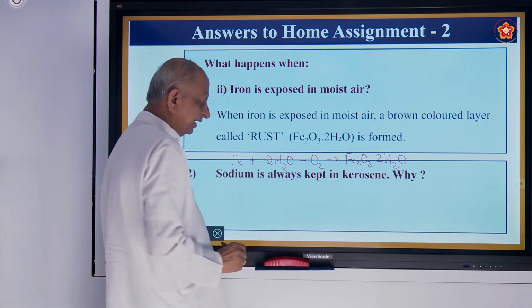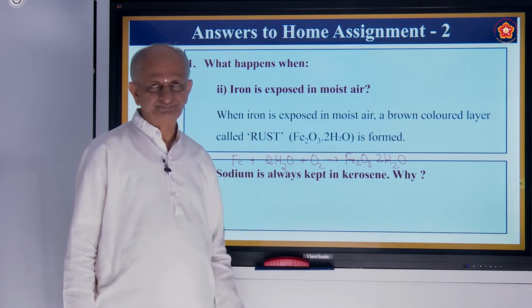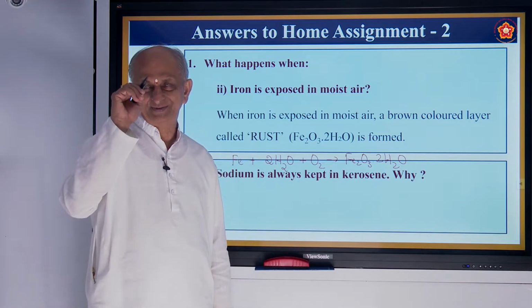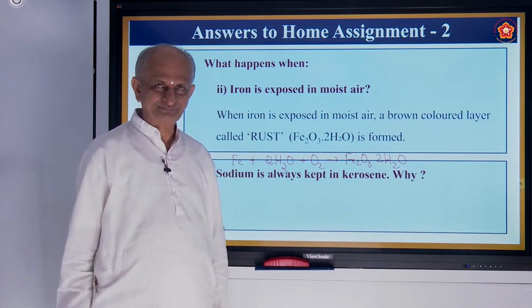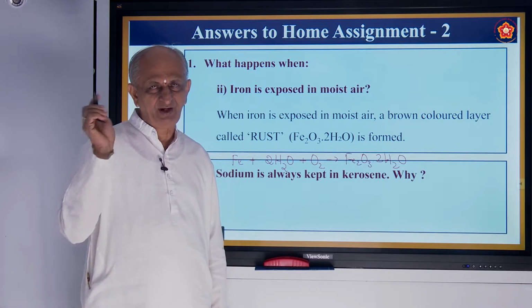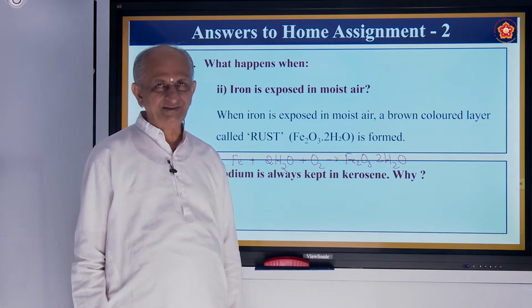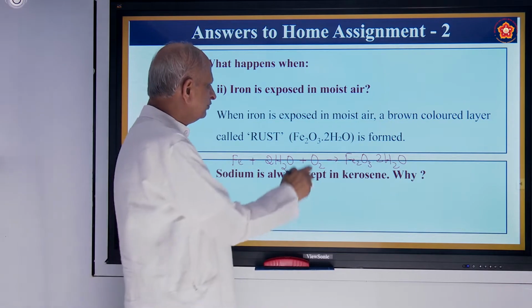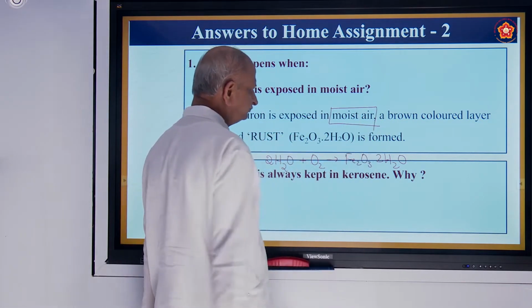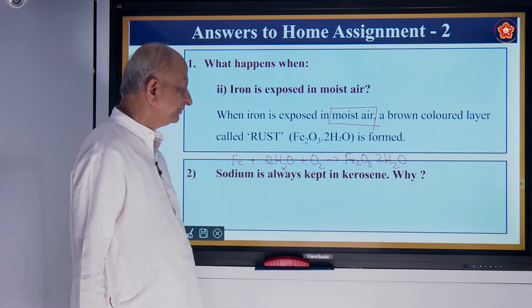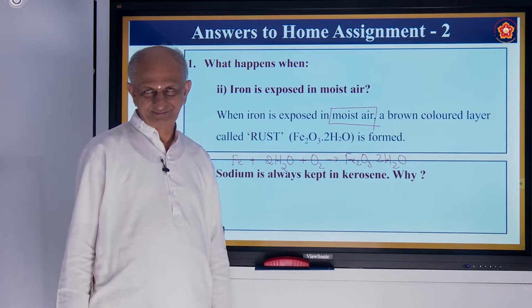So it is a brown color layer. The same question can be asked in another way. Why does iron get rusted only in rainy season? This rusting will not take place in summer. The answer is only in the presence of moist air. This iron becomes iron oxide, hydrated iron oxide,